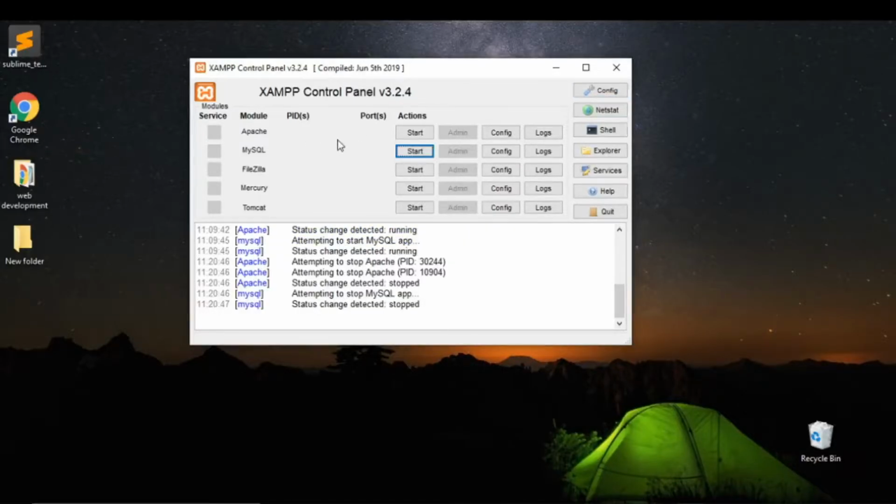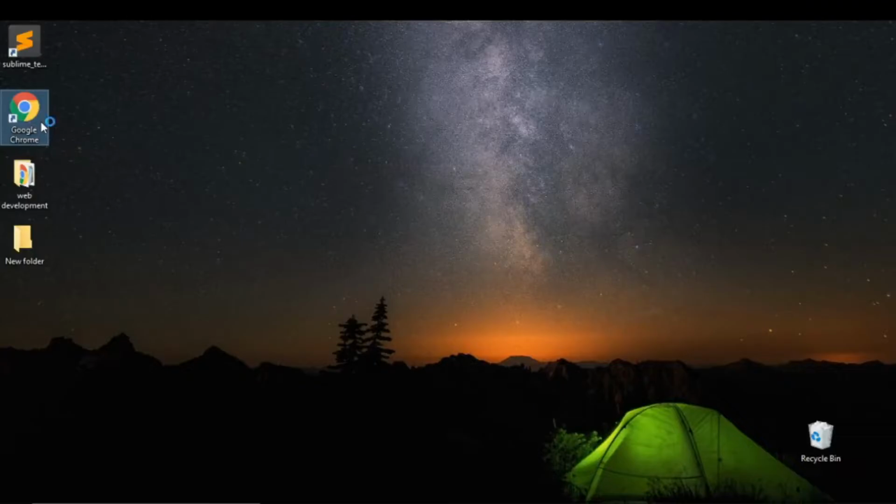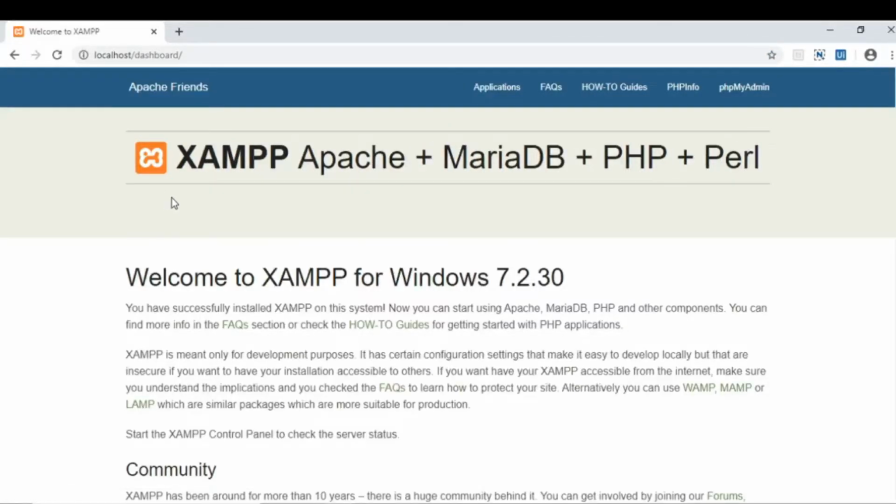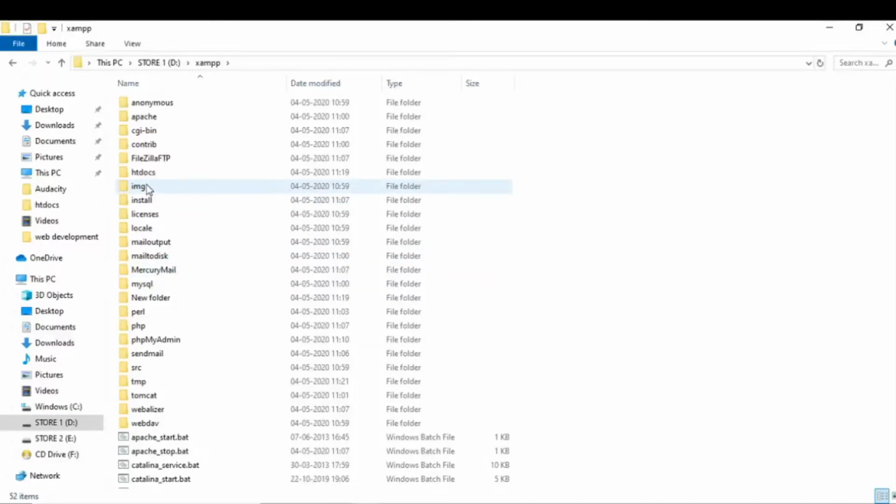data. Click Start to host the server on Apache, and the server is hosted on port 80. Click Start on MySQL for the purpose of the database, and go to the browser and type localhost. Click Enter and this will appear. This page appears because there are already some PHP files present by default when XAMPP is installed. And here is the most important thing.